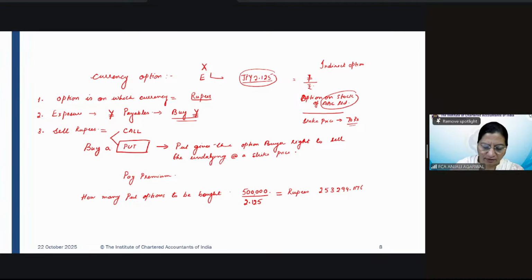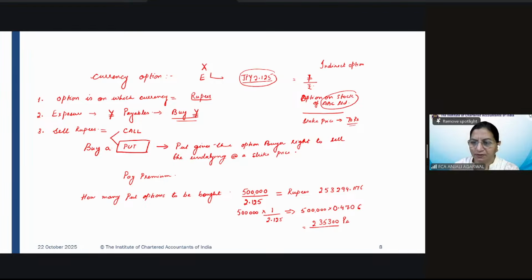If we round off 1 divide by 2.125 separately, it comes out to be 0.470588. So 500,000 into 0.4706, that makes it round up to 235,300